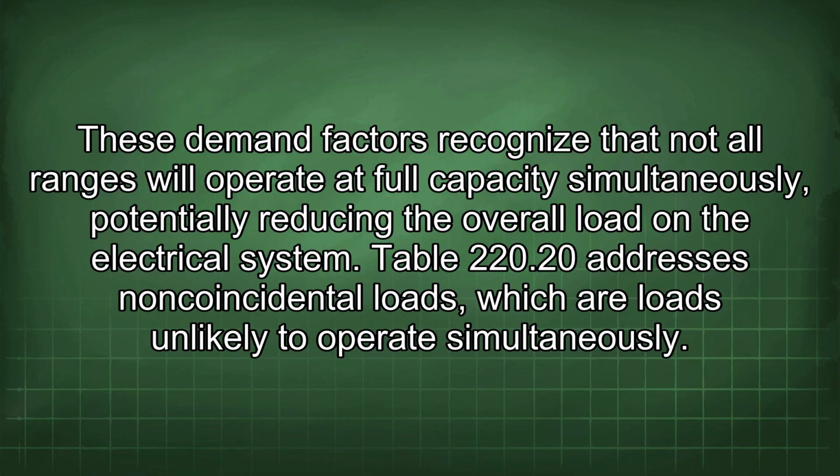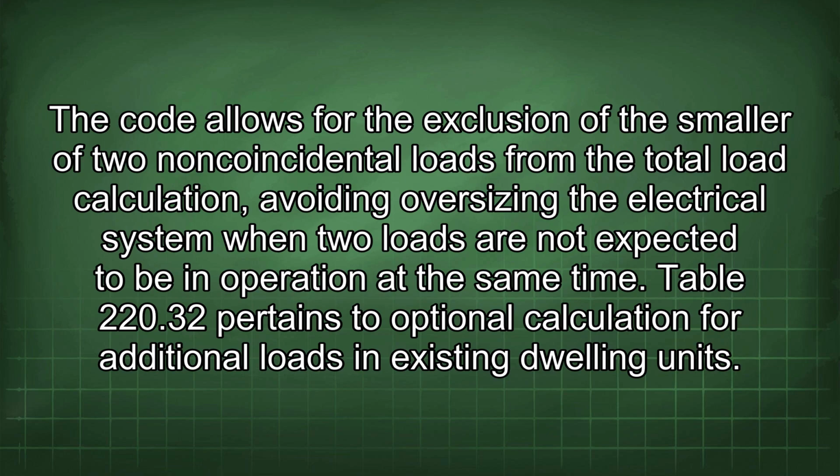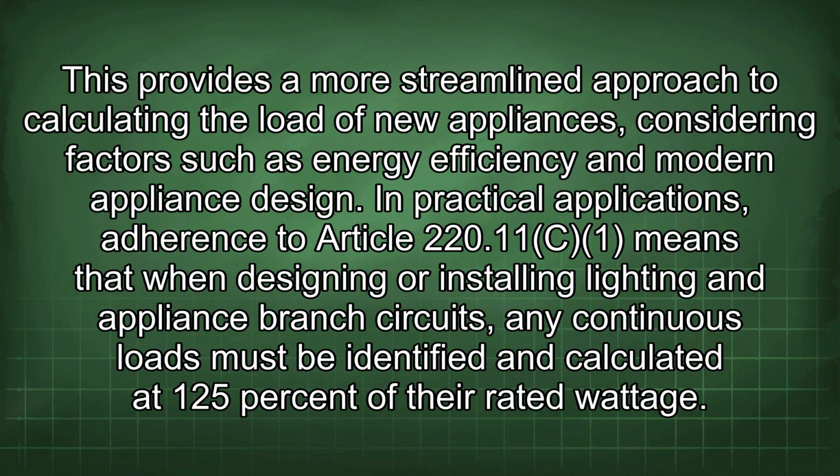the electrical system. Table 220.20 addresses non-coincidental loads, which are loads unlikely to operate simultaneously. The code allows for the exclusion of the smaller of two non-coincidental loads from the total load calculation, avoiding oversizing the electrical system when two loads are not expected to be in operation at the same time. Table 220.32 pertains to optional calculation for additional loads in existing dwelling units. This provides a more streamlined approach to calculating the load of new appliances, considering factors such as energy efficiency and